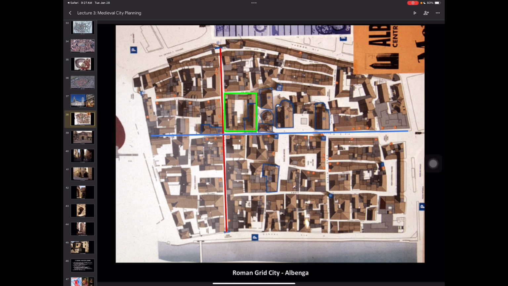Where do you guys think the forum originally was? Just based off the architecture you see around those two streets, which of the four corners was the original forum? Was it right there? Just tell me like northwest and northeast, top left. Which one? Southeast. Okay, another guess? Northeast. Yes, so it is our northeast corner, which we see right here, right? So now we can very easily see we have a forum delineated there. That's where it should have been.